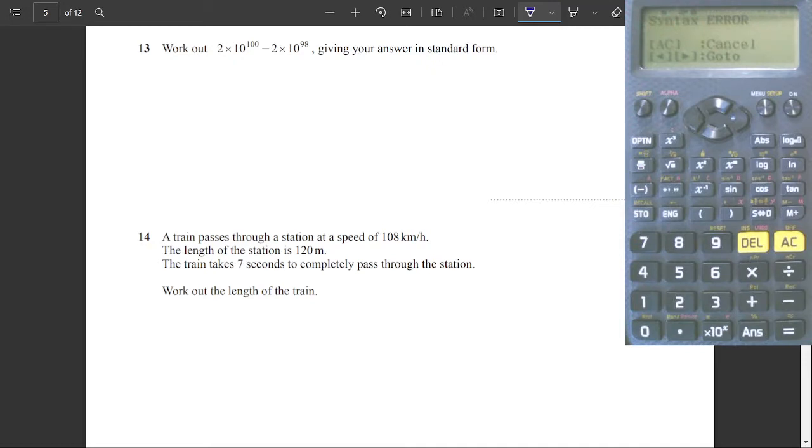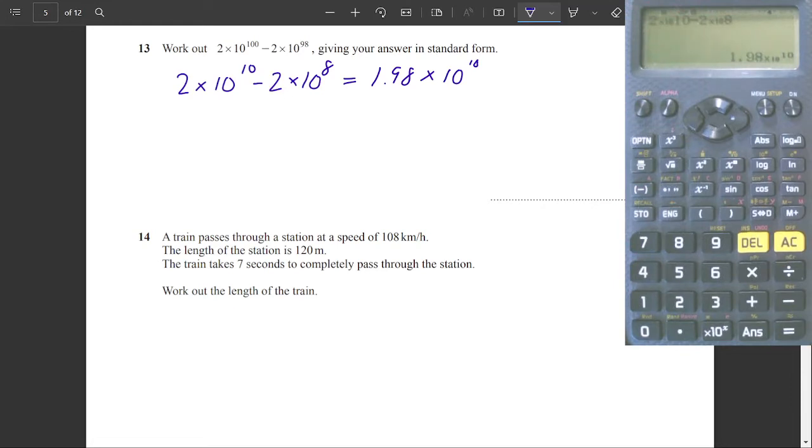That's not because I've put anything wrong. Let's put a smaller number. Let's put 2 exp 10, so instead of 100, let's imagine that was 10, minus 2 exp 8. I'm just bringing 8 because it's 2 less than 10, just like 98 is 2 less than 100. If I put that in, I get an answer, 1.98 times 10 to the power of 10. So when I put in 2 times 10 to the power of 10 minus 2 times 10 to the power of 8, I get 1.98 times 10 to the power of 10,